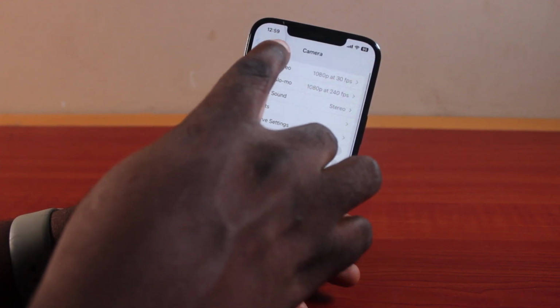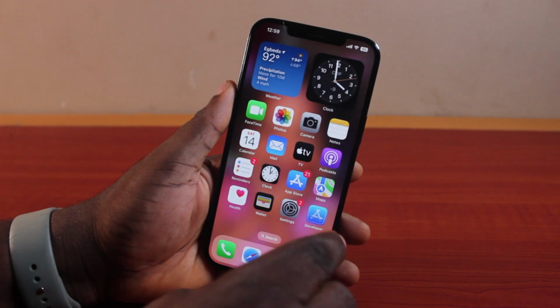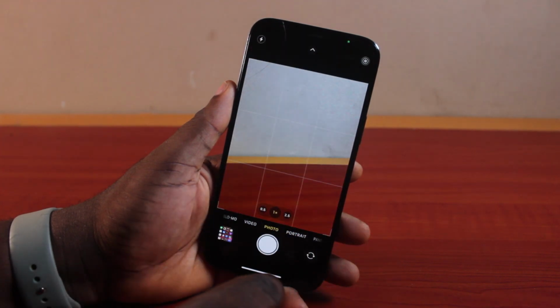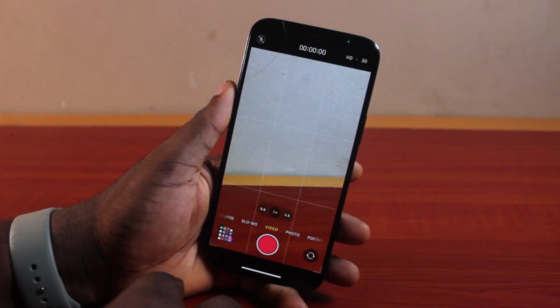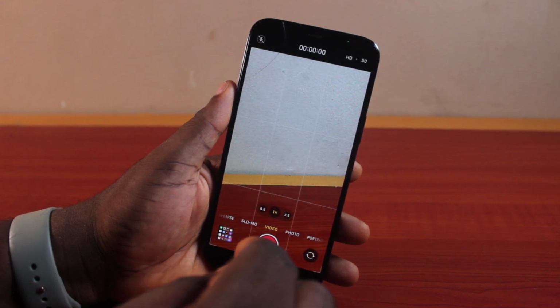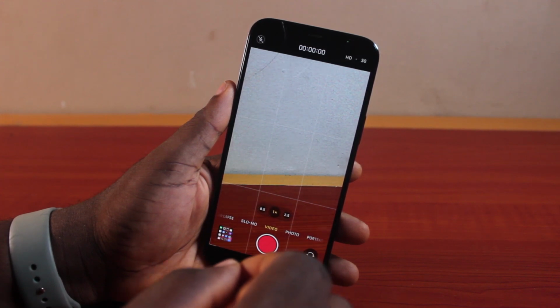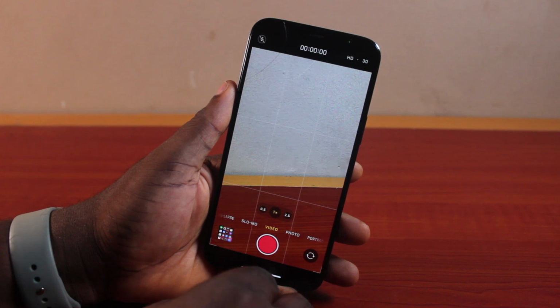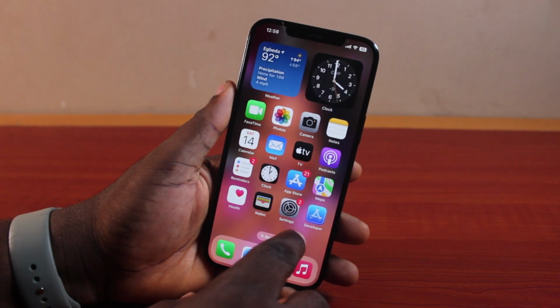Now, when next you want to record videos on your iPhone, just go ahead, open the iPhone camera, then select video. Then your auto FPS will be enabled and it will be able to adjust the video light and then optimize the file size. So that is basically how to enable or turn on auto